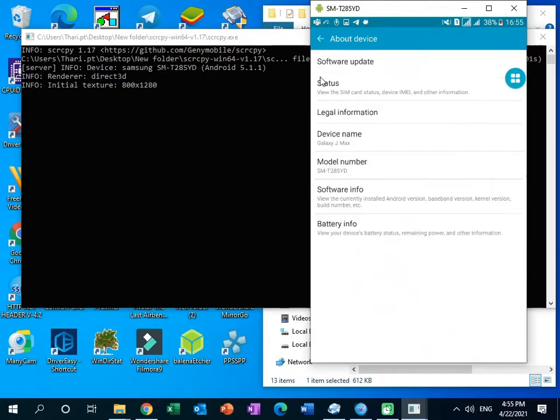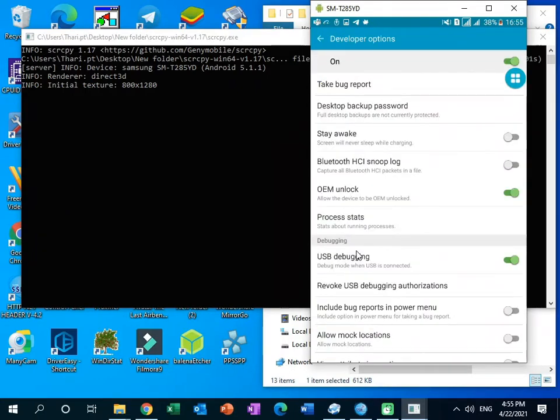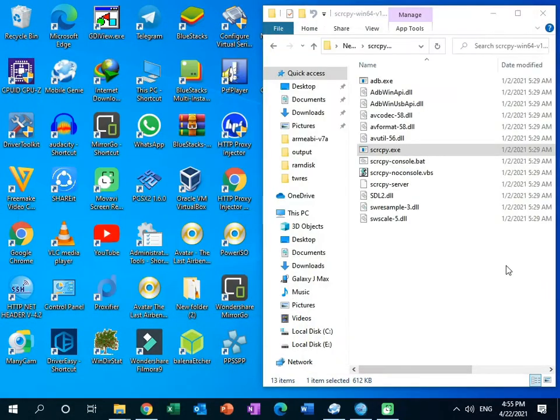Then you need to go to your developer options like this. Then open it and scroll down, and you can see there is an option for USB debugging. You need to turn on that option.